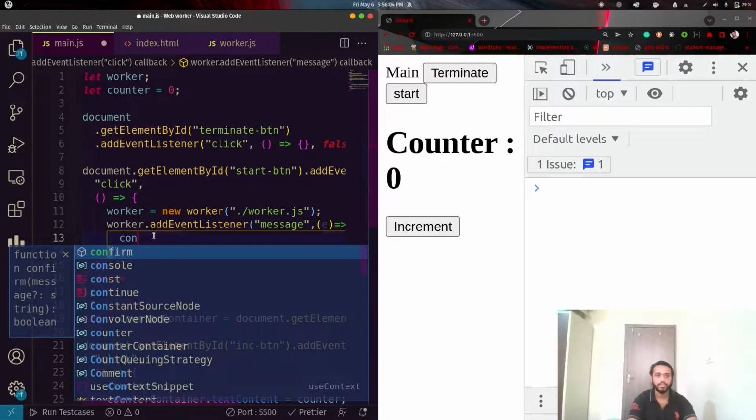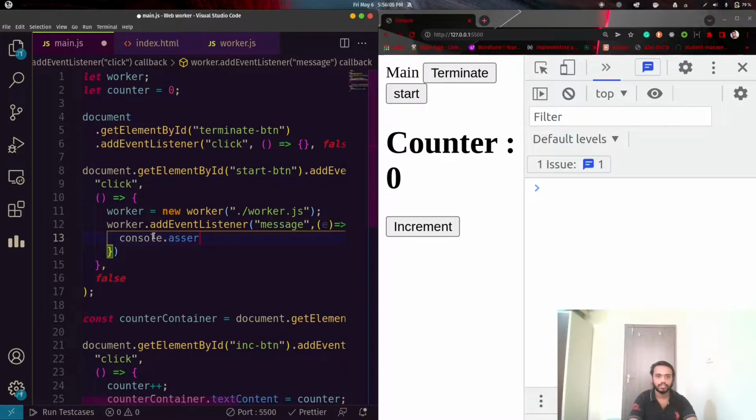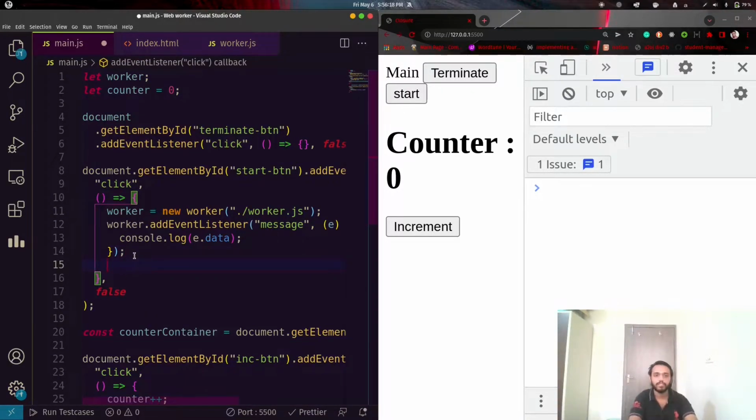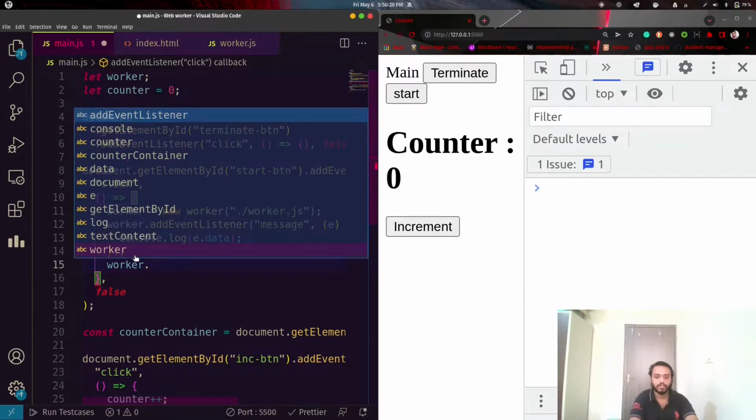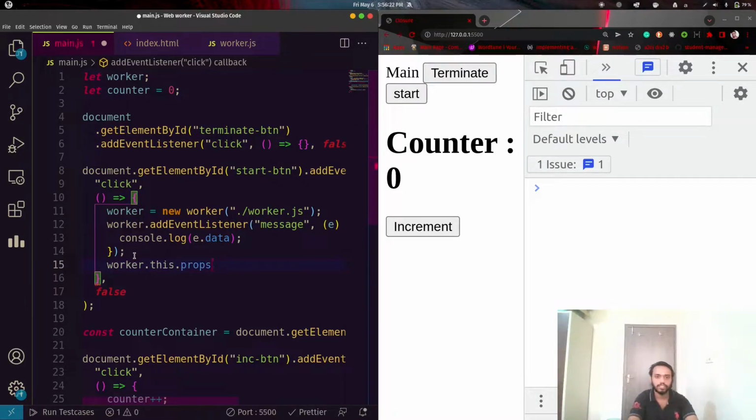Let's have it here, console logging that we are receiving a message. For spawning a thread we have to call postMessage, which starts our thread, and we can also pass a message to it like hello.